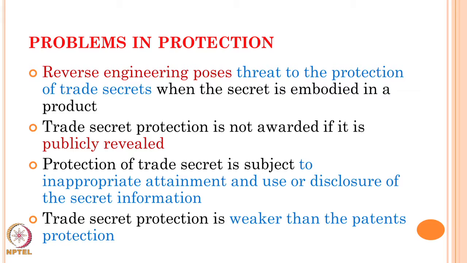So, the trade secret is subject to inappropriate attainment and use or disclosure of the secret information, if the discloser is ready to disclose the secret information by any inappropriate means. Trade secret protection is not so easy to have. It is weaker than patent or trademark protection, because here you do not disclose any information; you have to basically maintain the undisclosed information with you, and that is the most challenging